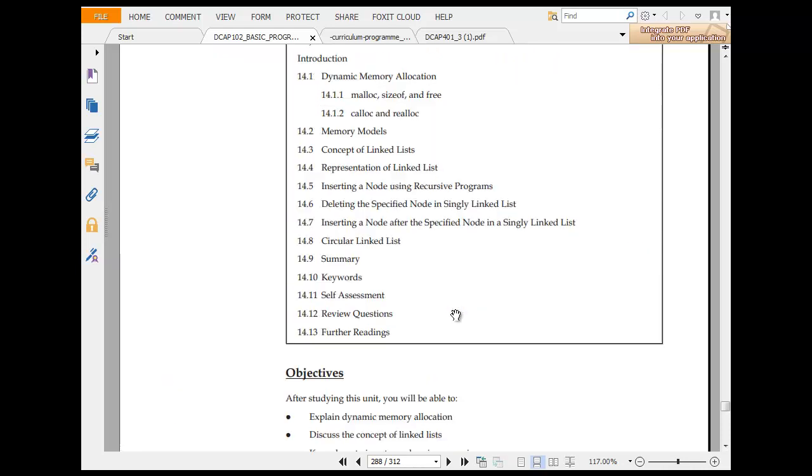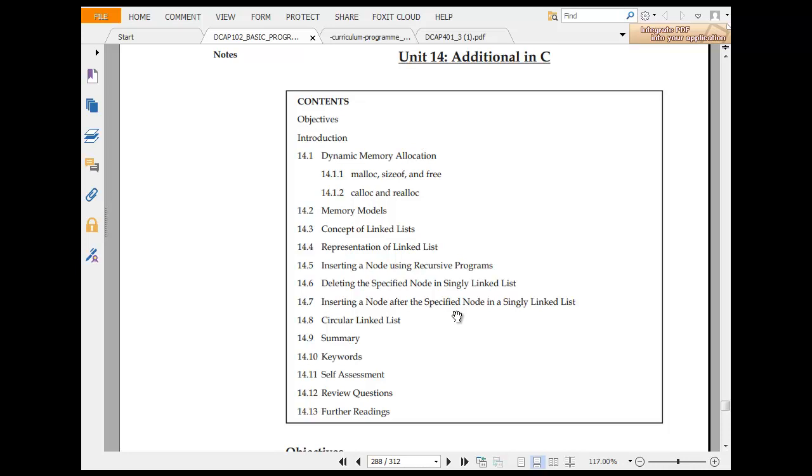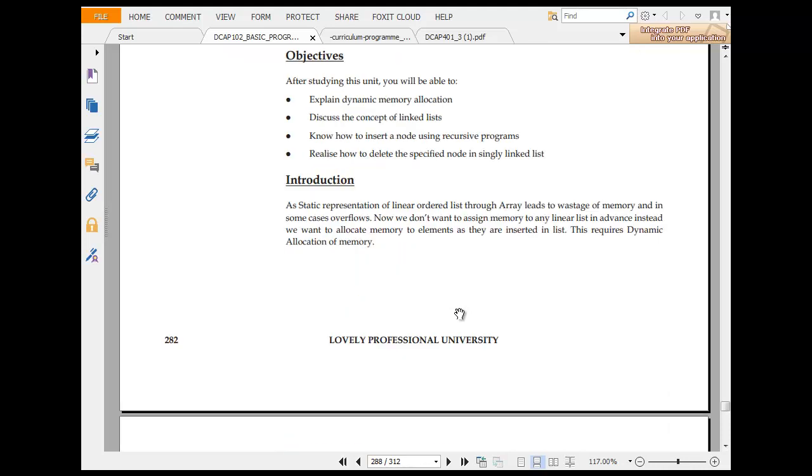So the idea here is to understand calloc, malloc, sizeof, free. These are dynamic memory allocation. Why do you need them? Because you need to make sure that you allocate the right memory beforehand, or you do right memory management. Concept of linked list: the idea is that if you cannot find contiguous space, you write the address of the next place where the data is. So those are the things.